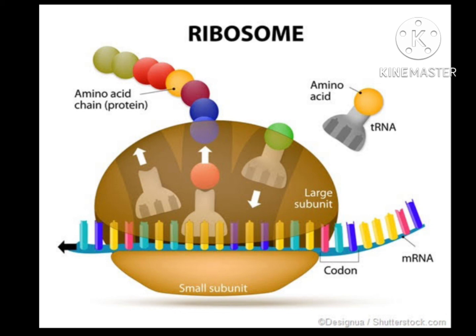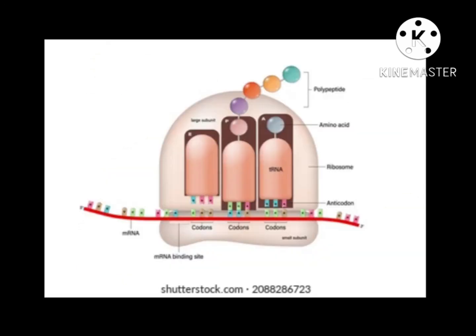Hence the molecular weight is also reduced in prokaryotes, and the ribosomes are 70S. But in eukaryotes, the molecular weight and the size are more compared to prokaryotes. Hence the ribosome is 80S in eukaryotes. What is the S here? Here S is the Svedberg unit